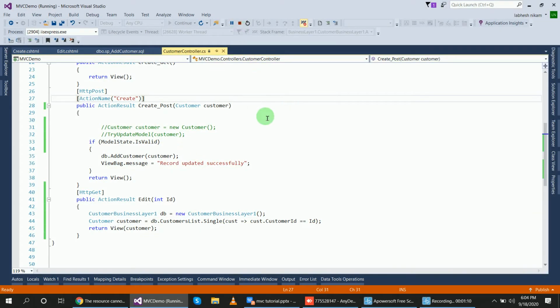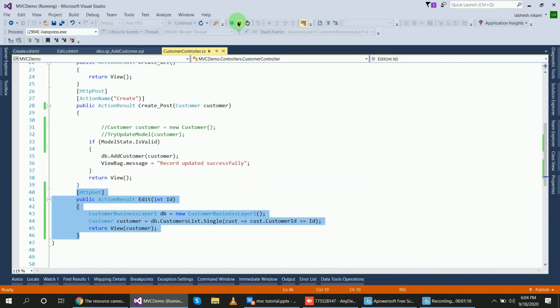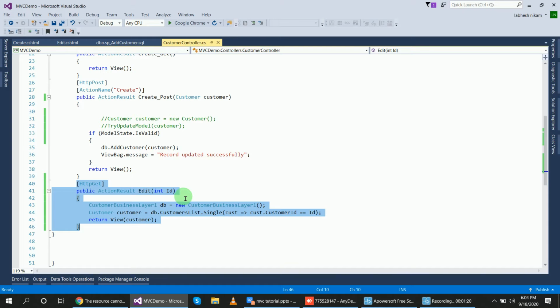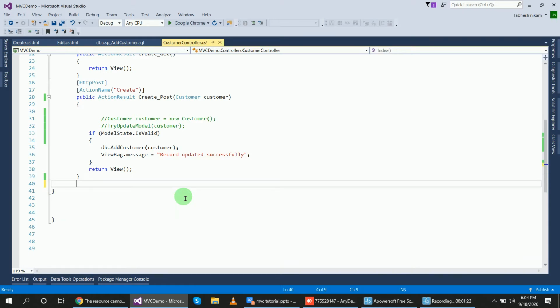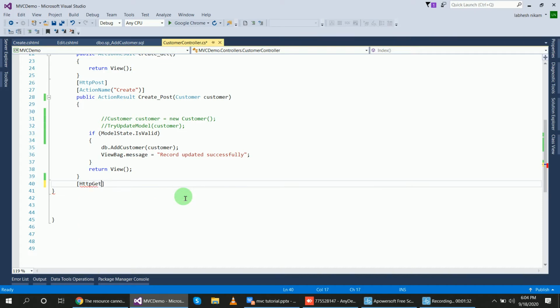This is my application and I will create one edit method to edit the record. For that, first I will use HttpGet to display the edit page.